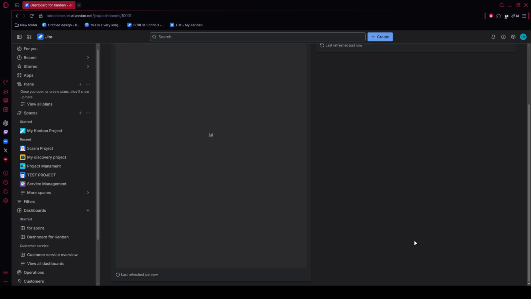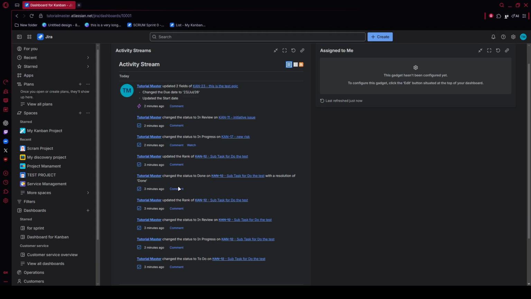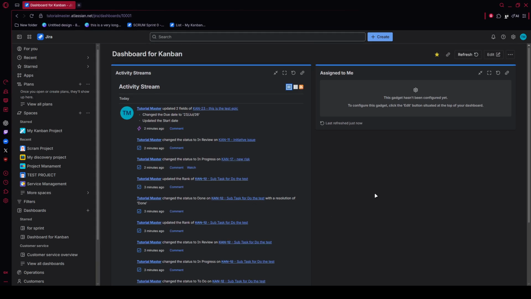Confirm that your initiatives display correctly, your epics sit under the right parent items, and your dependency links are accurate and easy to read. That final validation